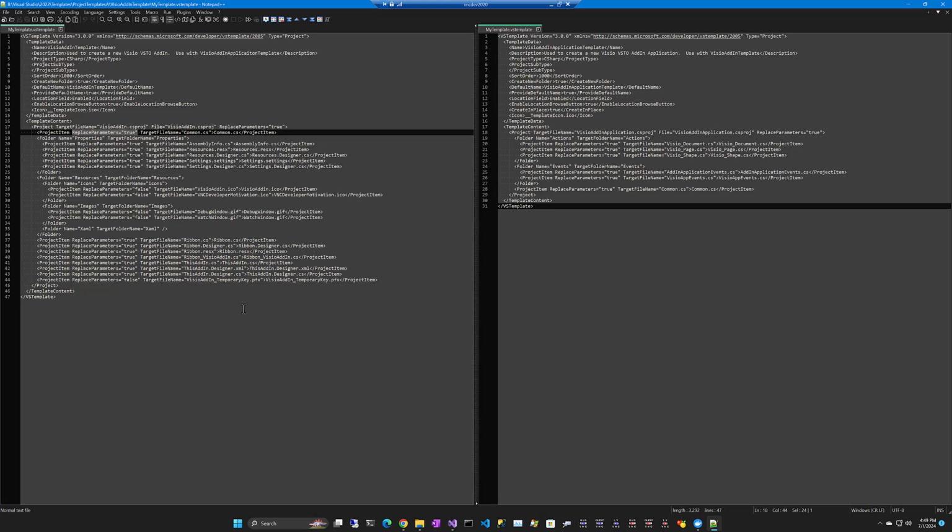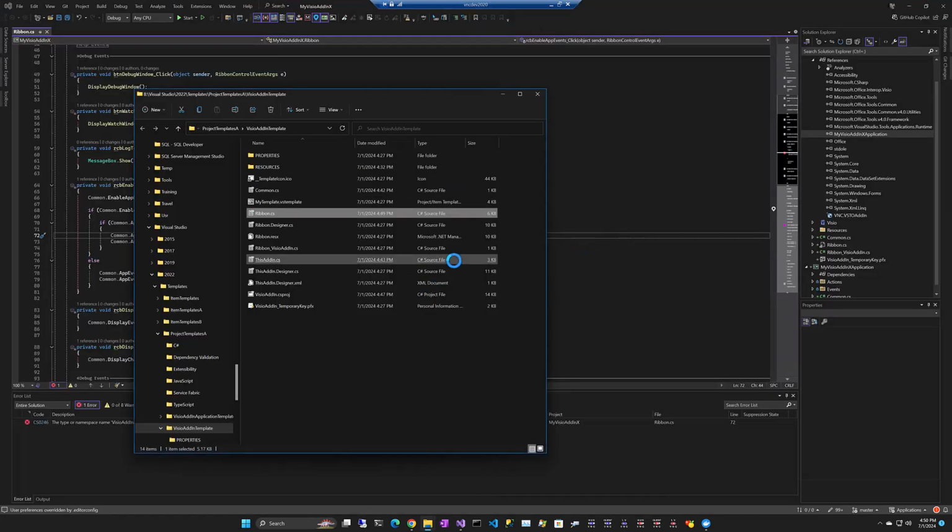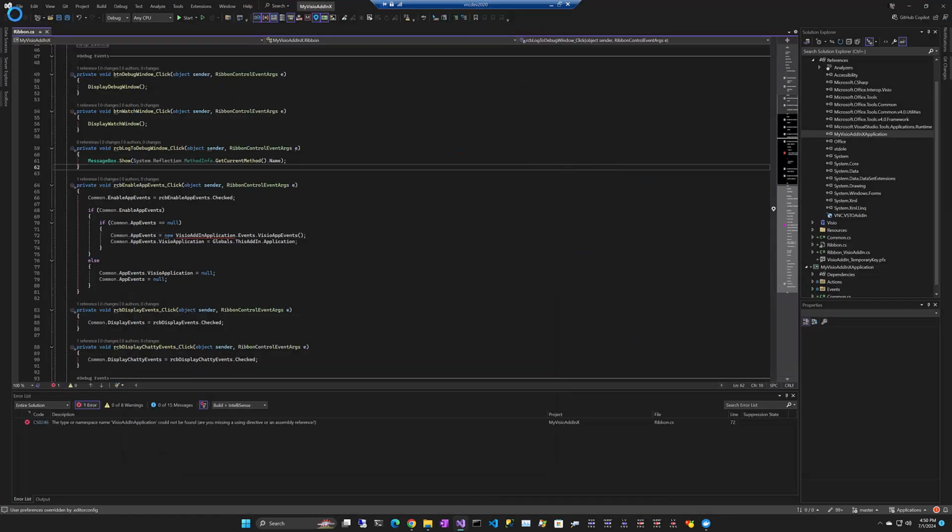We've taken a quick look at how the template files, the manifest files work. So basically all the files you want to include in content, and replace parameters says whether you should do parameter substitution. Not going to do any parameter substitution on the private key file. Okay. So even though you kind of know how this is going to end,